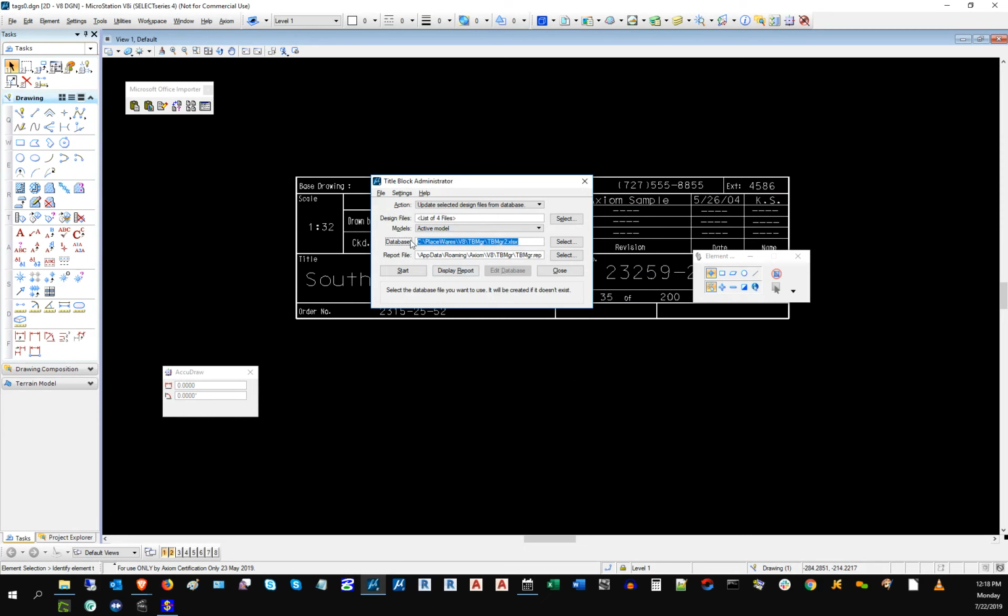And then for the database, if you name a new file here that doesn't yet exist, what's going to happen, in fact, I'm going to do that here, is it's going to see that that file doesn't exist on disk, and it will automatically create it. And so it has a place to then push the data that comes from the title blocks. So I'm going to go ahead and say update the database from the selected design files, and it's going to create this file, this spreadsheet in this case, newly, because I know it doesn't exist on disk. So click Start,